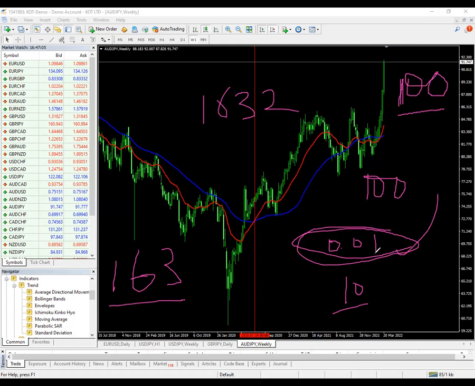Their $100 in 6 months is going to give them a profit of $163. Plus their $100 deposit, this is going to be